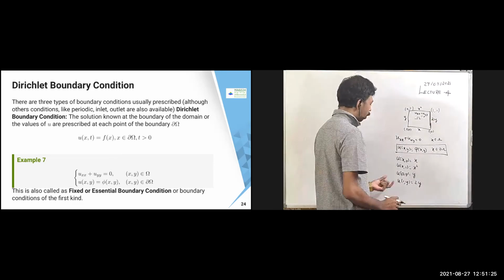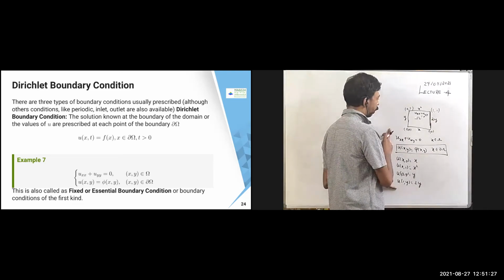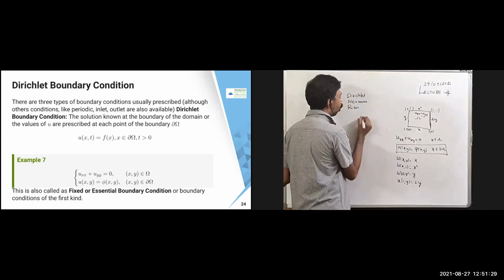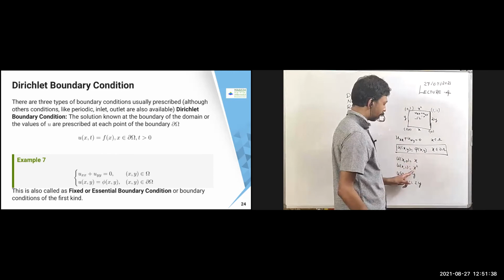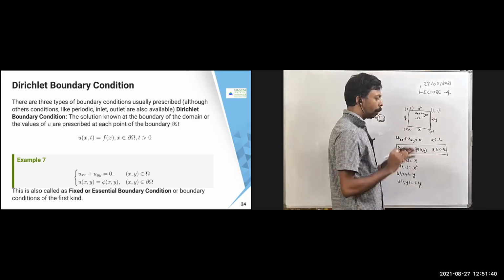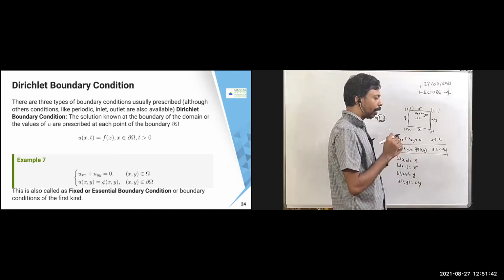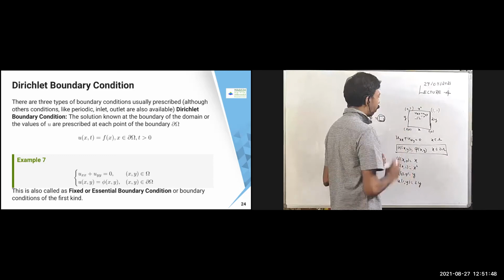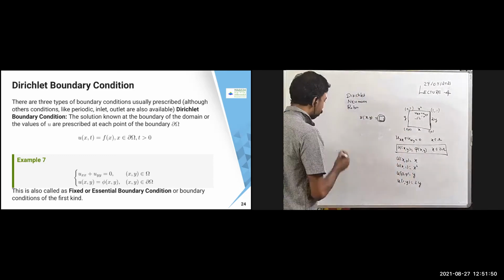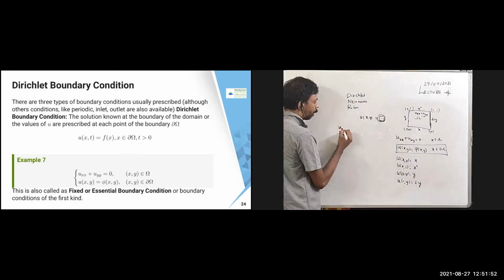So here it is called Dirichlet boundary condition, means you know exactly what the function is at x comma y. It is x, it is x square, it is y, it is 2y. Means the condition is given, prescribed at every point. The condition is, the values of u is known to you. Okay, what you need to do is that actually we will see that in the next lectures and other things.